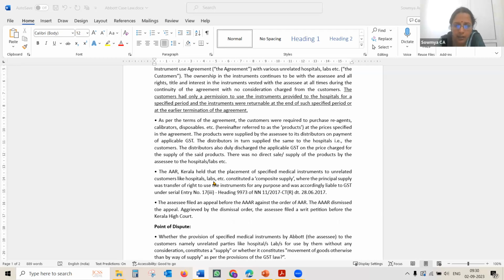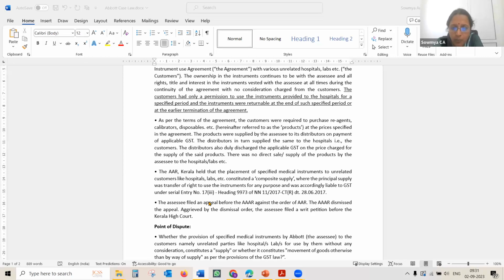So they went for an advance ruling on whether the placement of these instruments in the hospitals constitutes a supply. That is the question. Where there is no consideration and the parties are not related, does it constitute a supply? The Advance Ruling Authority of Kerala held that placement of specified medical instruments to unrelated customers like hospitals constituted a composite supply, where the principal supply was a transfer of right to use the instrument for any purpose, and accordingly liable to GST under 17 subclause 3